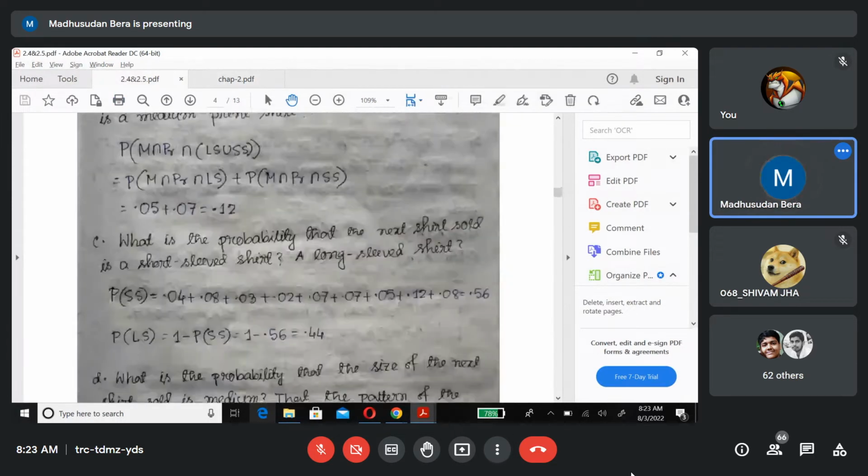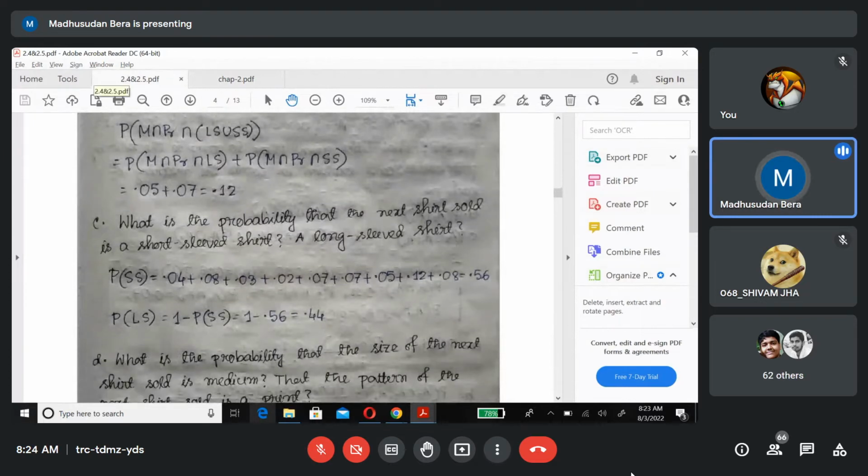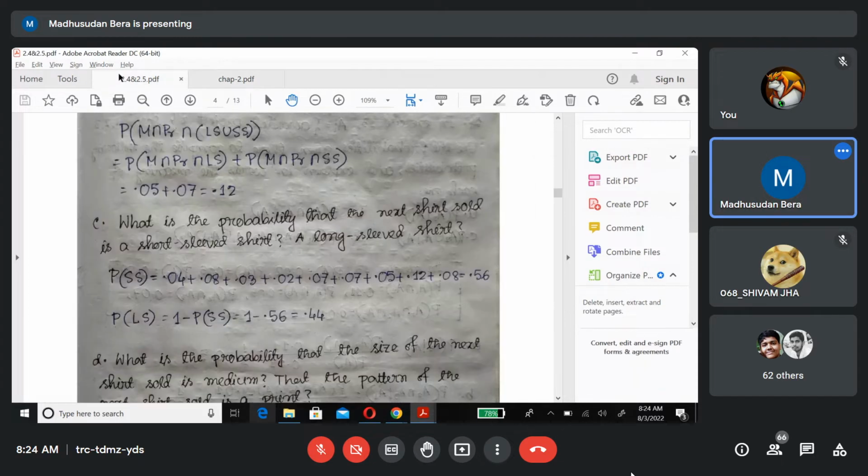That is done here for short sleeved. Then for long sleeved, what will that be? Since short sleeved is already obtained, for long sleeved it will be 1 minus the probability of short sleeved. So P of L is 1 minus P of S, which is 1 minus 0.44, that is 0.56. Then